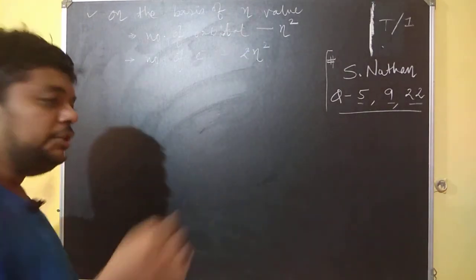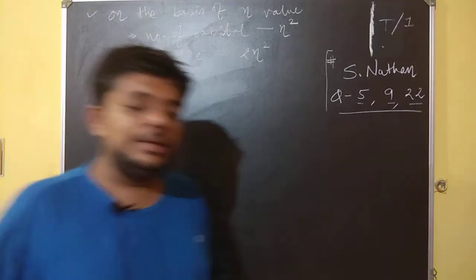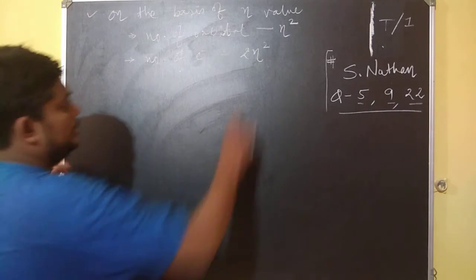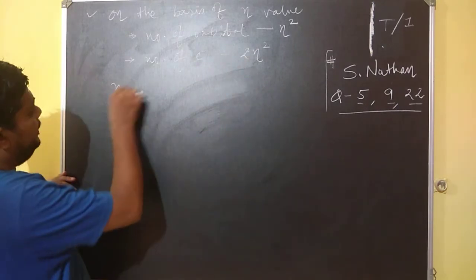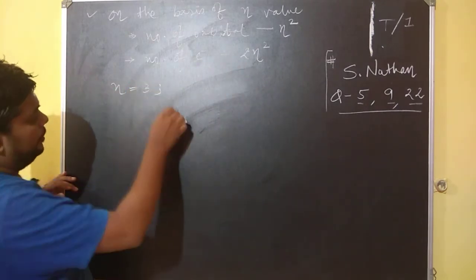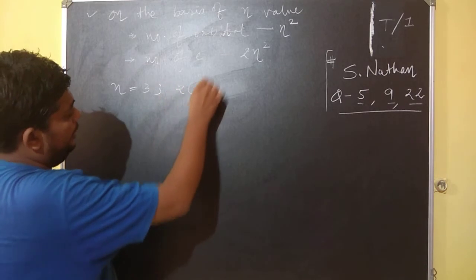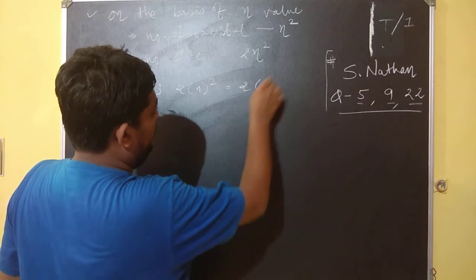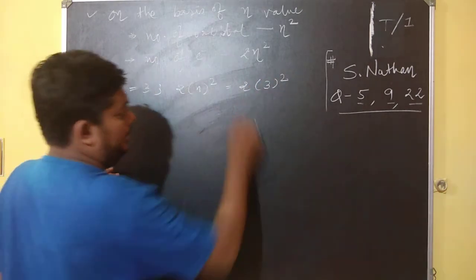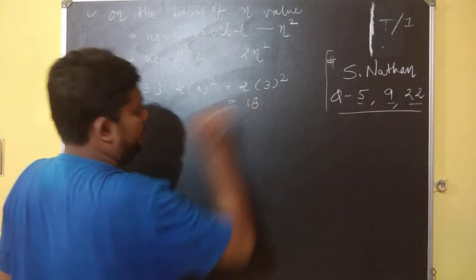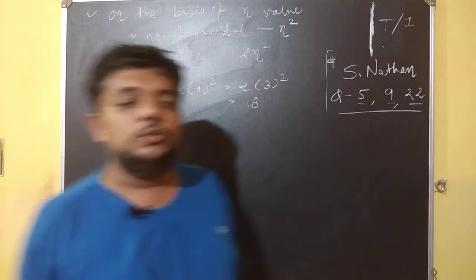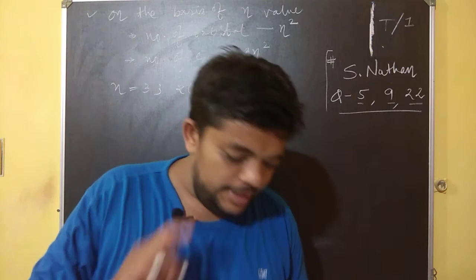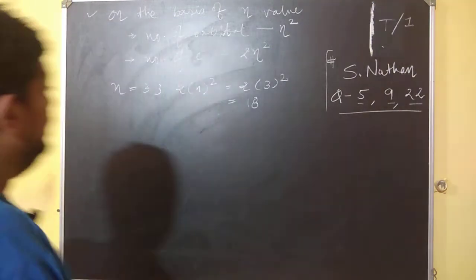If you look into the question number 2 of the test, how many electrons are present in n equal to 3, using this formula, if I say for n equal to 3, implementing the formula 2n square, I would straight away write 2 into 3 square and I will end up with 18 electrons. So my answer over here for this particular question will be 18, and that is your option number B.